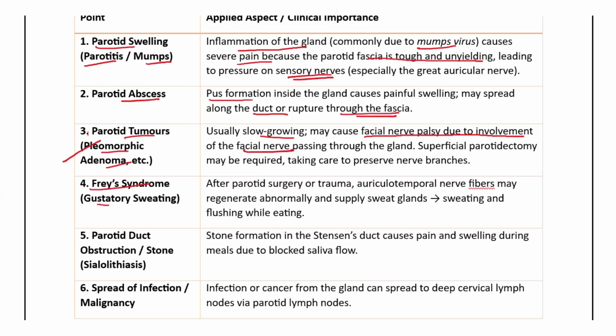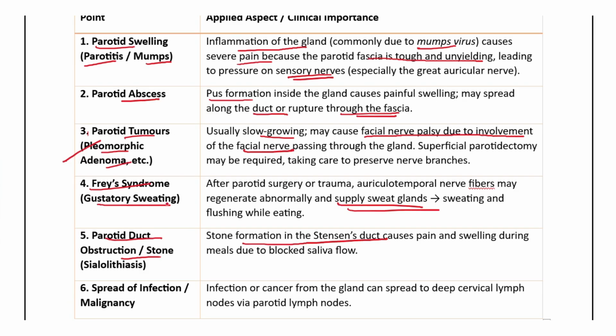Okay, then you have the Frey syndrome or gustatory sweating syndrome. Now what happens is, whenever there is a parotid gland surgery, okay, and we have the facial nerve and the auriculotemporal nerve passing. So instead of triggering the nerve to secrete saliva, the auriculotemporal nerve fibers are triggered, which will cause sweat instead of saliva. So whenever the patient is chewing, eating food, there's a lot of sweat that is seen near the parotid gland area.